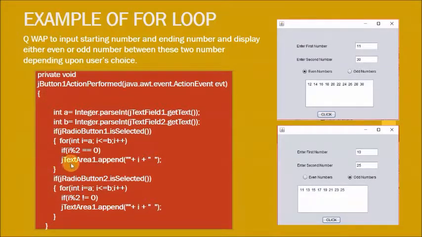So we will write jtextarea1 dot append double quotes plus I plus space. We are giving a space so that all the numbers are separated by space. So this is the statement. As this is only one single statement in the for loop, we haven't enclosed it in curly braces. You can always put curly braces if you want. It is not mandatory. After the execution of this line, the program control will come to the update expression